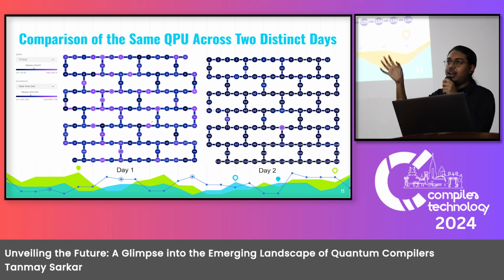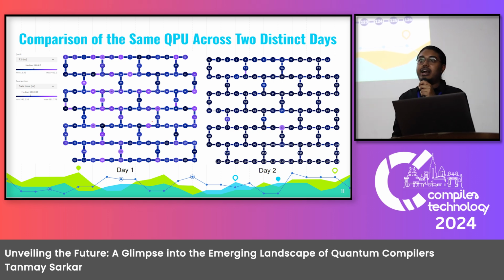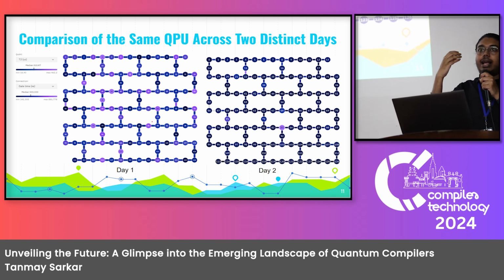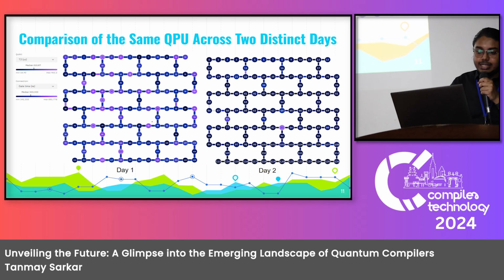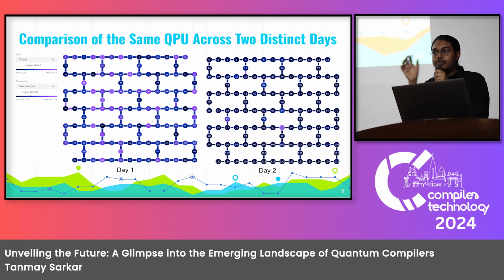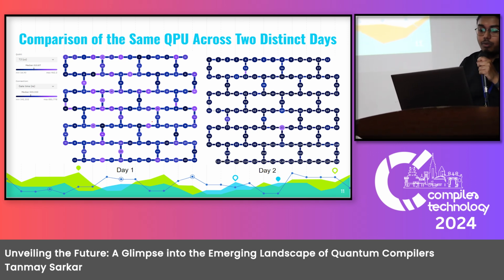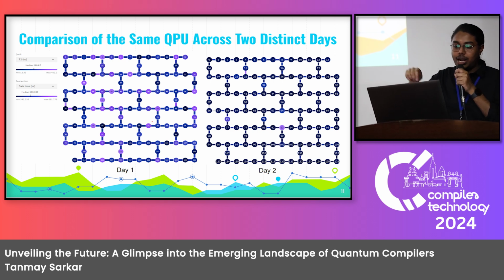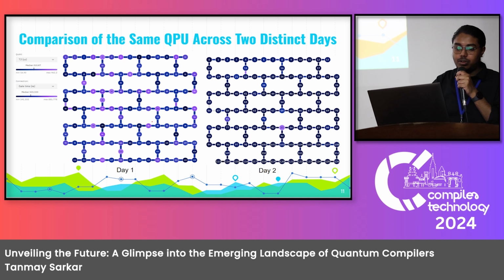Now let's say you have an algorithm. The quantum kernel that I showed you was a 3-qubit algorithm, right? So what a quantum compiler would need to do, if you are given this sort of a chip, is route it to the qubits in such a way that the fidelity of the operation is maximum, okay? You would want the logical qubits in your program to be mapped to physical qubits of higher fidelity, like this one, this one, this one.